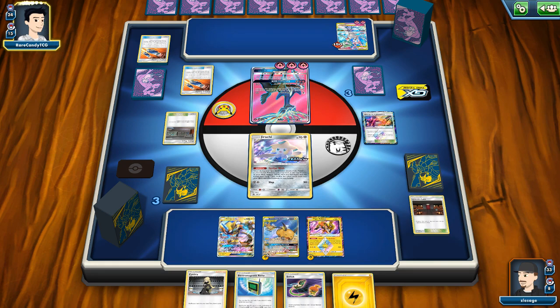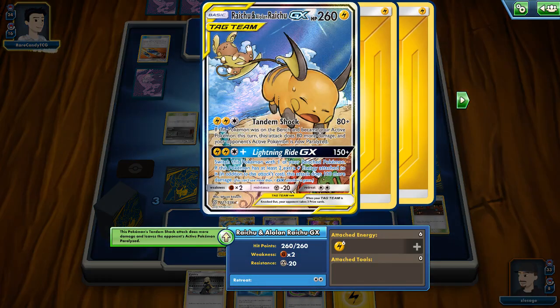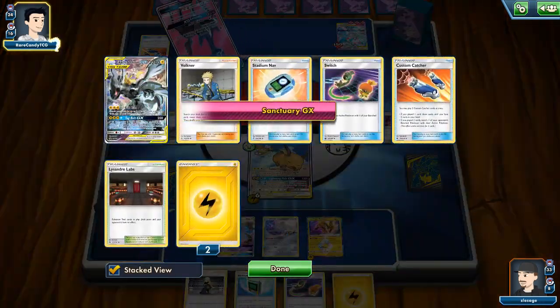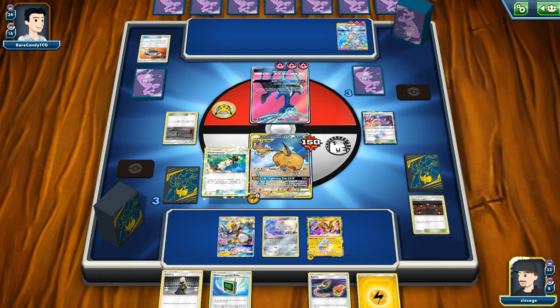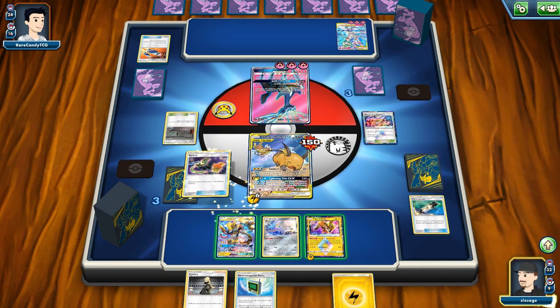I wonder which Pokemon they're going to bring up. Maybe they'll bring up... Oh, they're just going to go right for the Raichu and Alolan Raichu GX. And this is where we want to try to get double custom catchers to try to win this game. So there's an Electro Power. We might as well go for...